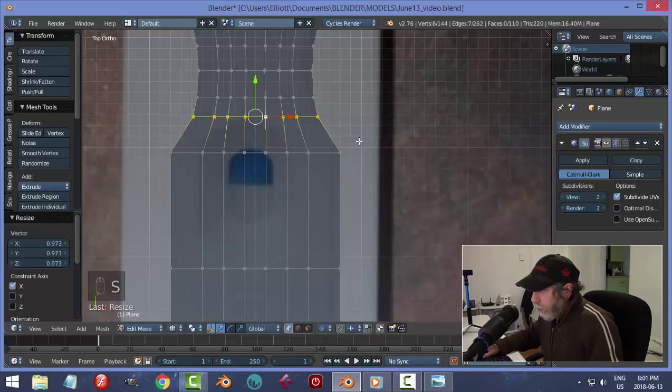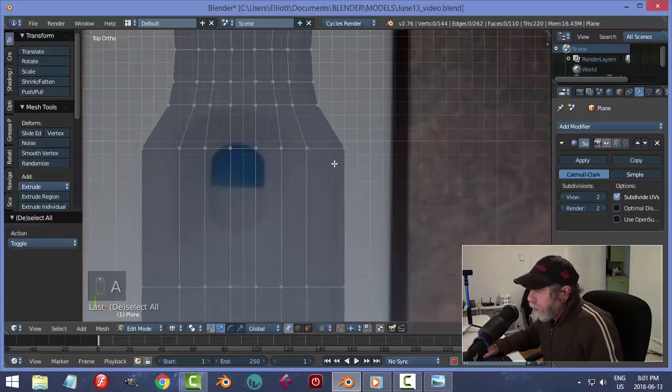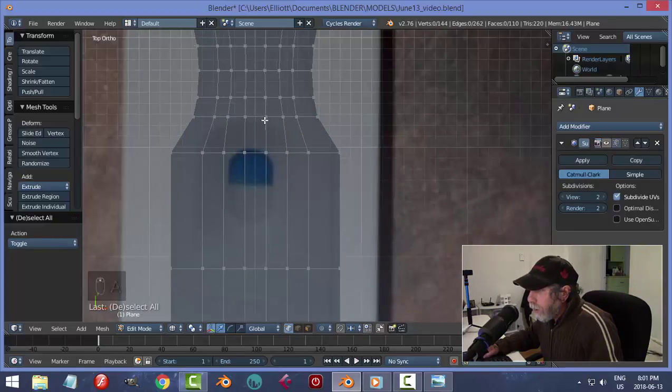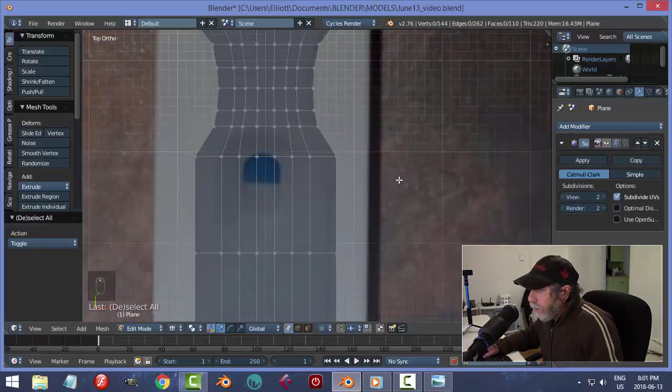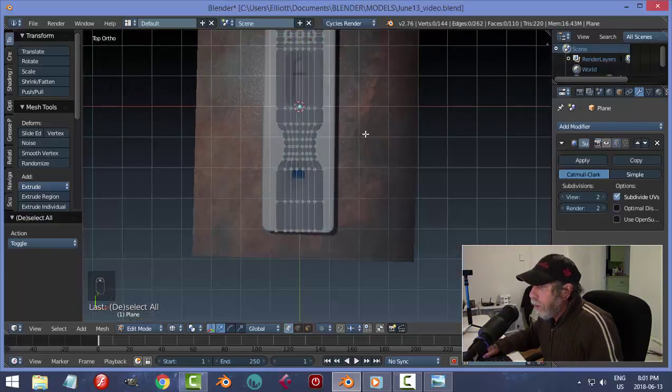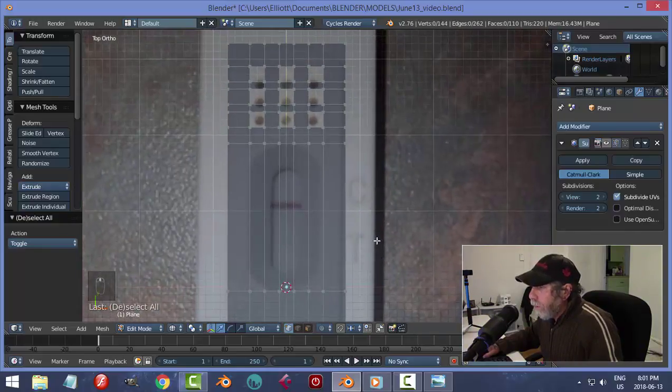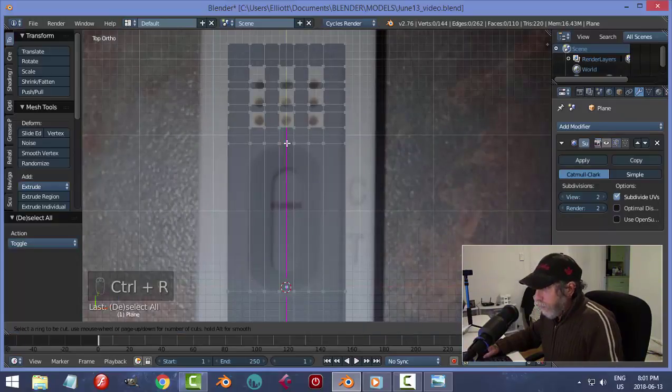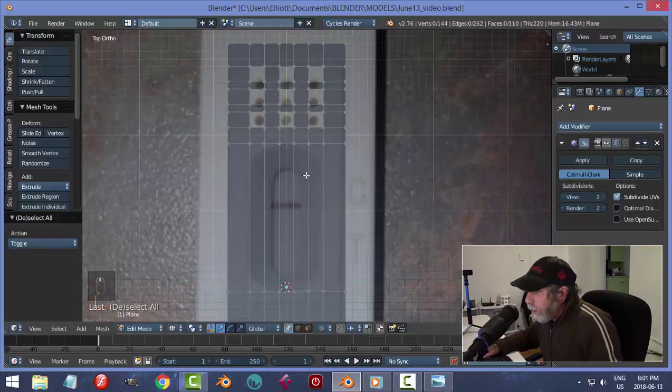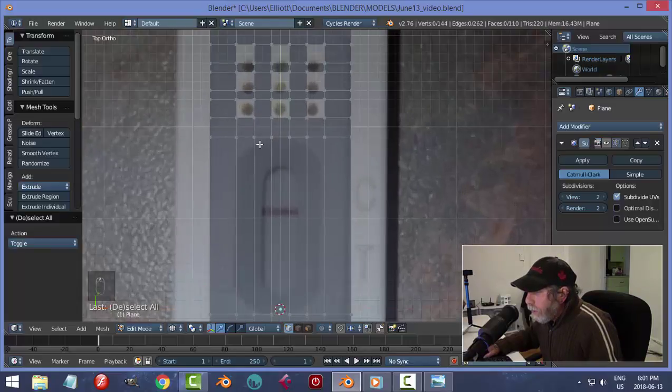I'm going to hold down Shift. Hopefully I'll still get enough of a curve. I think I'll work on this part first. I might want to put a central one here. Be blocked by that. Nah, I don't think I will. All right, I'll come up to this one. I'm going to select